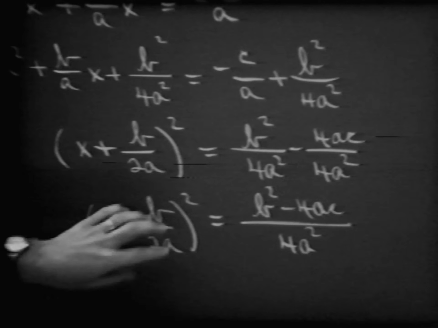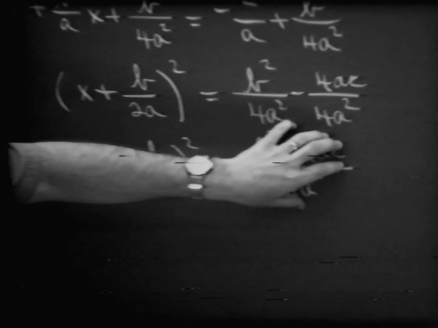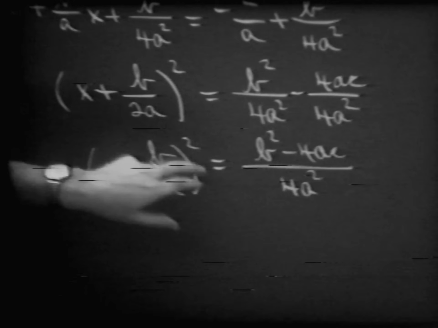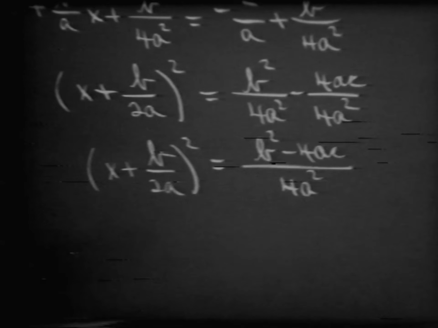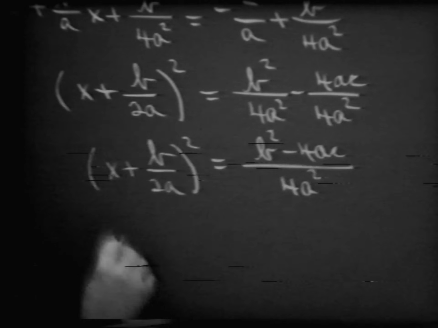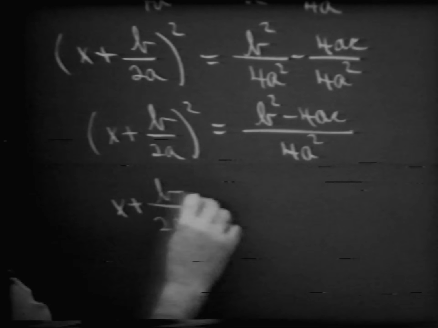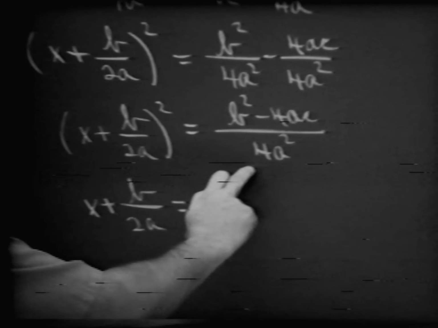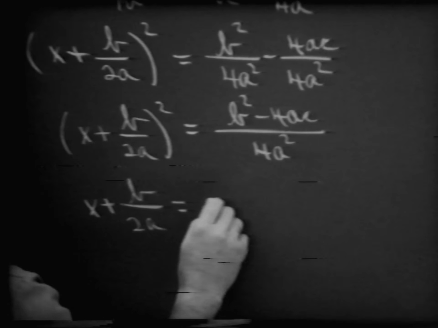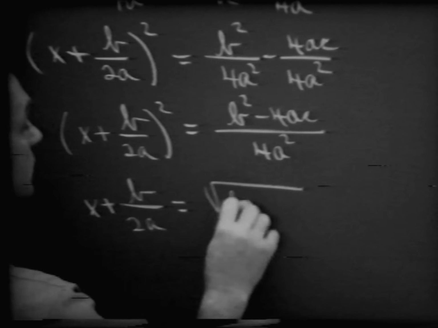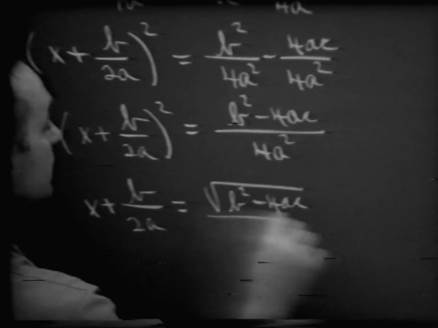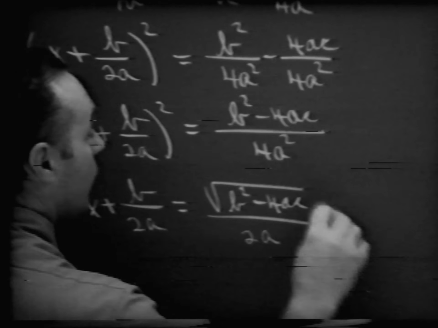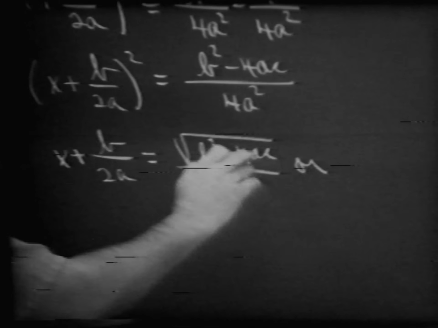Now, here we have a pattern y squared equals some number d, call it. And we've already handled situations like this. If we have y squared is equal to d, and from the theorem that we developed in our last lesson, therefore we have x plus b over 2a is equal to, now the fact that this is a square tells us that we have what? We have two possibilities here, one of which is the positive square root of b squared minus 4ac all over, now the square root of 4a squared is 2a,